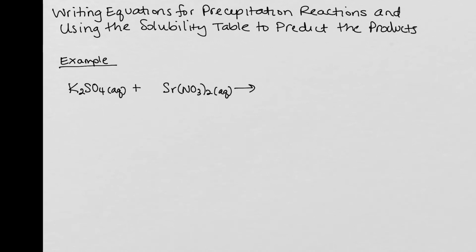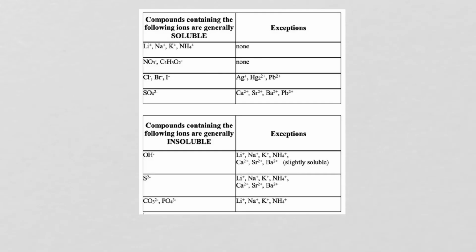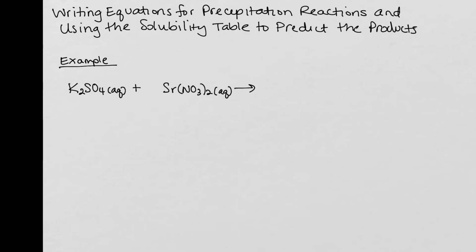We're going to look at two examples here of writing equations for precipitation reactions, and we're going to do this using the solubility table in order to predict the products. You can find a solubility table in your textbook or online, but it just shows you some rules about some positive and negative ions that are either generally soluble or generally insoluble, and then the exceptions to those rules. We'll look at how to use this table as we go about trying to write a chemical equation